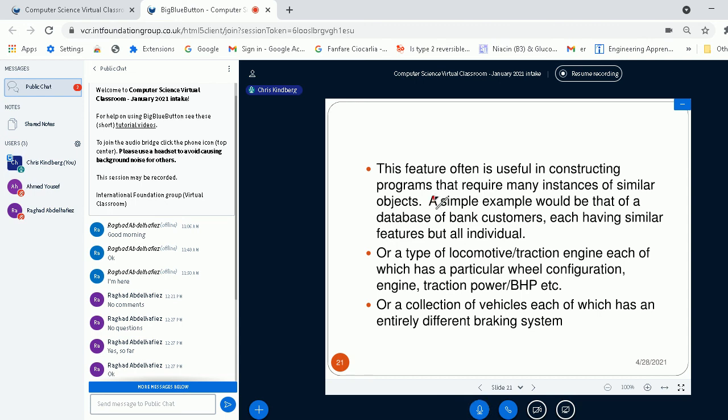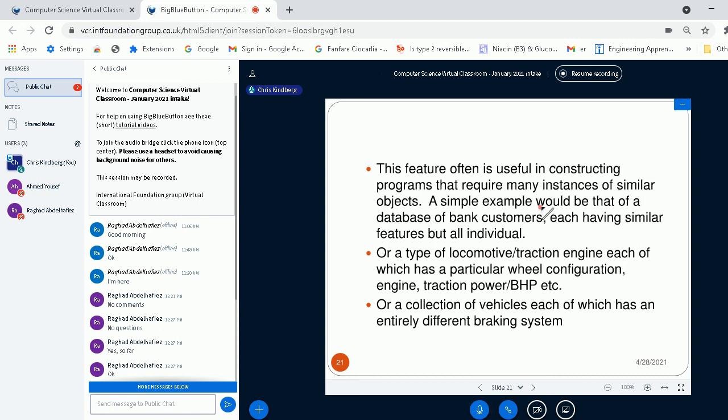I mean, maybe I'm perhaps simulating a game of bridge, or I'm doing something. I'm playing a game simultaneously with two packs of cards. Well, I can very easily create two packs of cards from that array. I mean, I might have a database of bank customers. It's called a database, and maybe it's got 1,000 instances of customer.